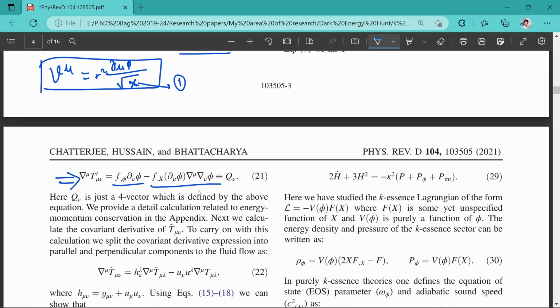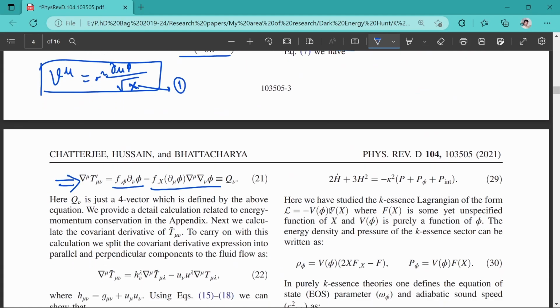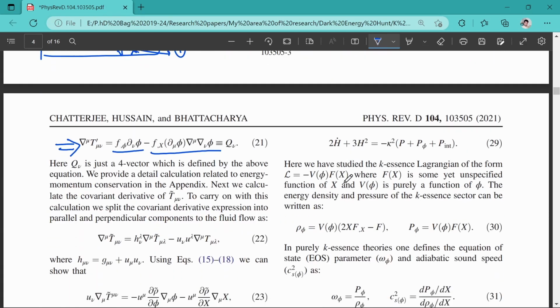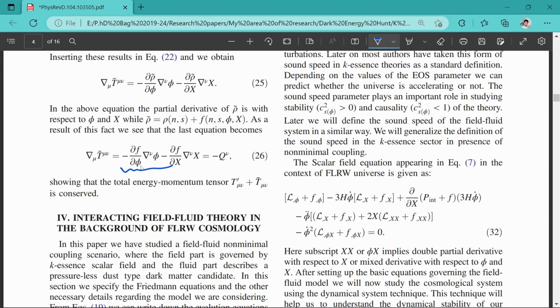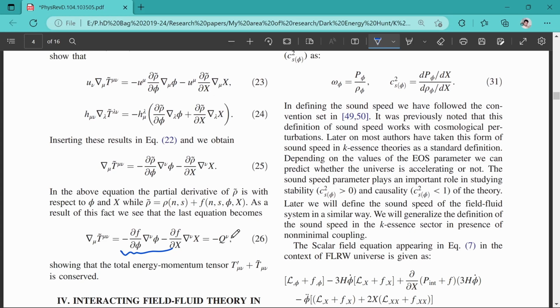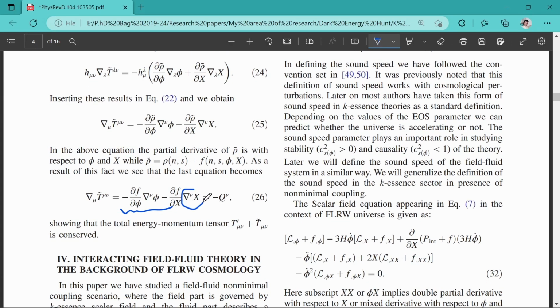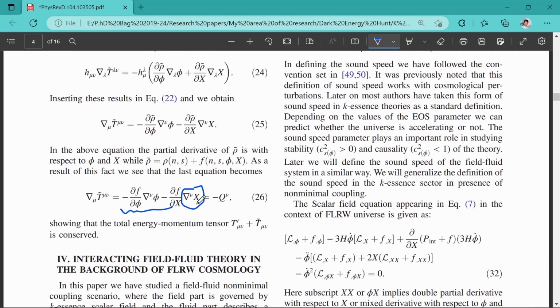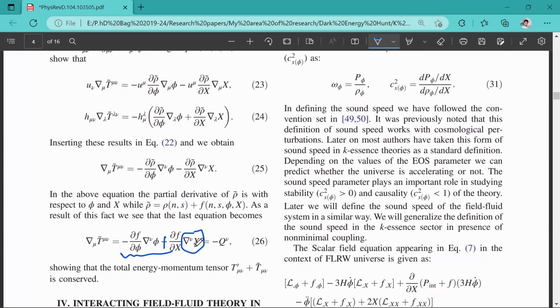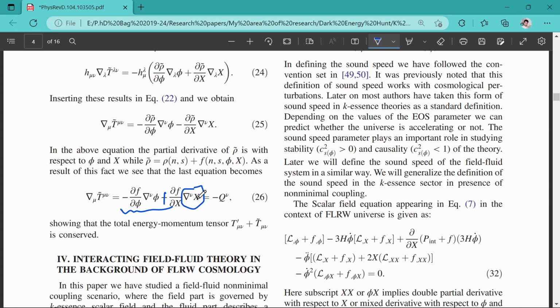Here is another term arising from only this part, and a similar term, because ∇_μ G^μν has to be 0, therefore another term arises from T_μν tilde, which becomes minus ∂f/∂φ ∂_νφ minus ∂f/∂x ∂_νx. So this is the exact opposite of this minus Q_ν term. Because now I have written here ∂_νx, and here it was written as ∂_νφ, if you convert it, it will take another minus sign and become plus. So never think that they are not looking the same. It does not mean that they are not the same. They are actually the same if you just open the bracket.